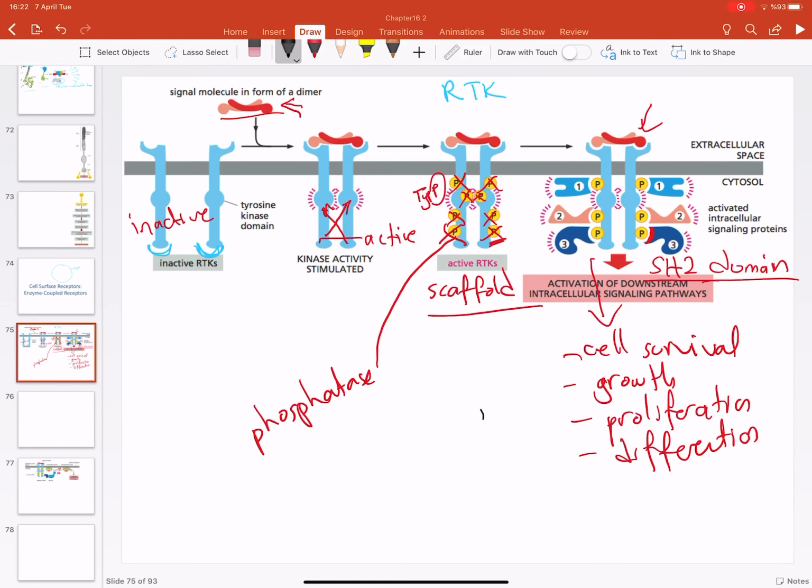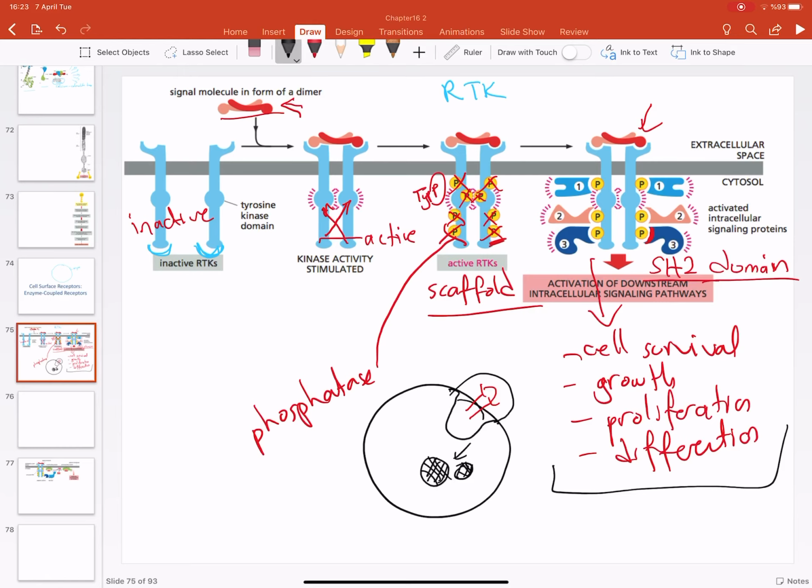But in some cases, it's a bit, I should say, brutal. The RTK which is activated here is taken inside by endocytosis, which means it's like a receptor-mediated endocytosis. It is taken inside. It meets with the lysosome, and inside this RTK is degraded. So you cannot use it like a G protein several times over and over again. And you not only change it post-translationally, but you totally get rid of the receptor. This also implies how important it is to fight against cancer, because overactivation of this pathway commonly ends up with